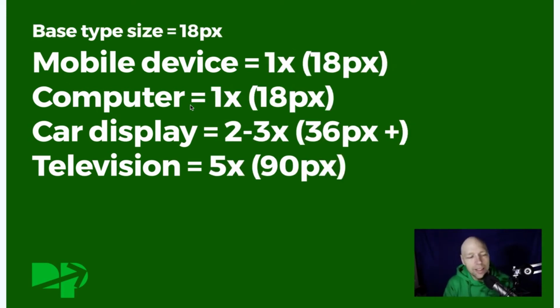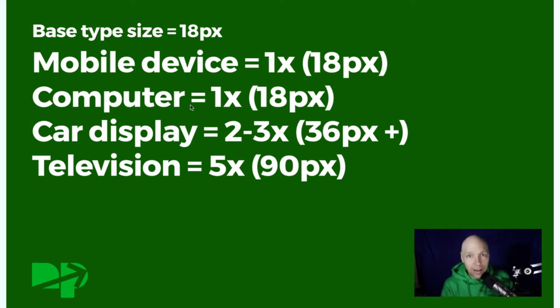So what that translates to is, on a mobile device, if we set the base type size as 18 pixels, well, clearly a 1x on that is going to be 18 pixels. Same for the computer, it's 18 pixels. For a car display, if I'm looking for a minimum base typography size, I'm going to put it at like 36 pixels. It's got to be a little bit bigger. Actually, it's got to be significantly bigger because